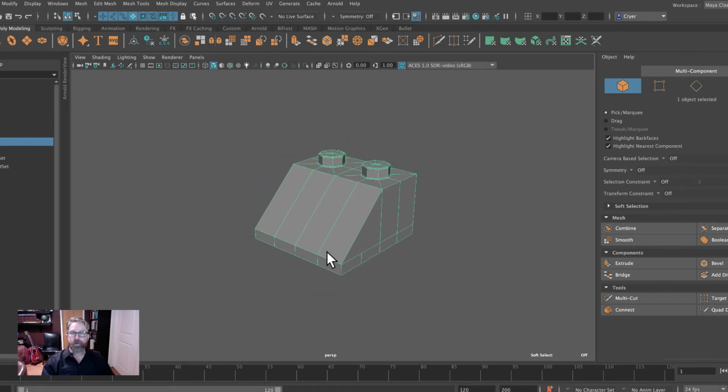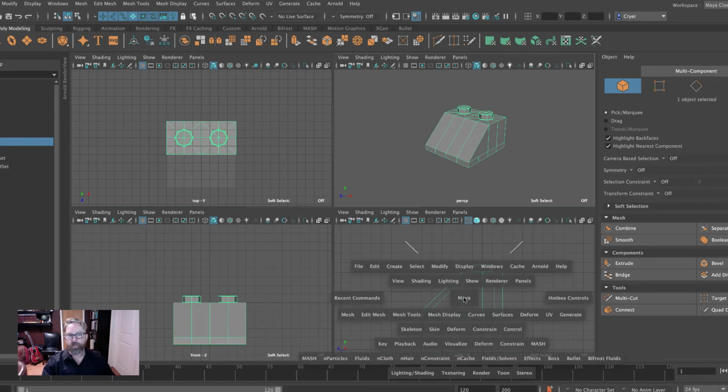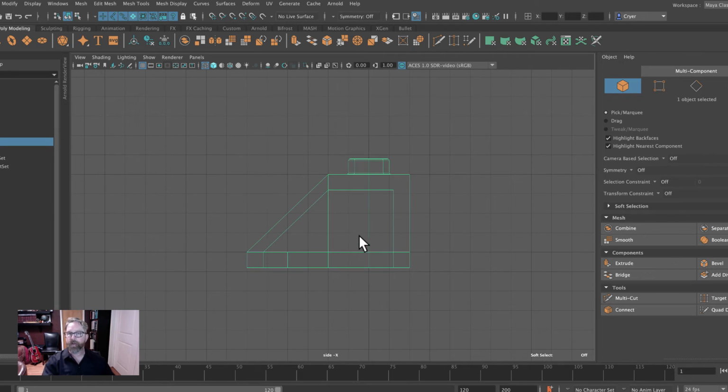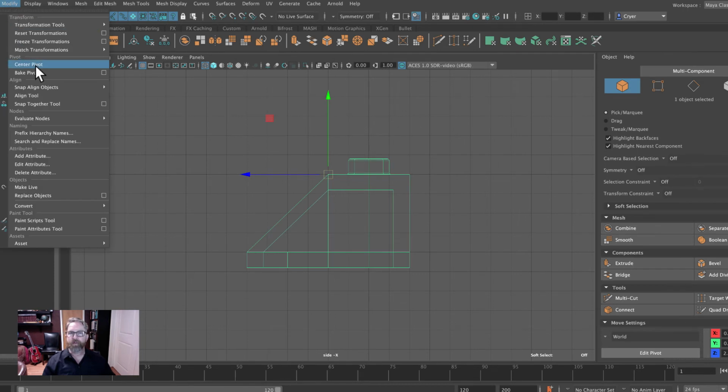Now, if you wanted to create a series of these, right, we want to export this, and we will put our pivot back at the bottom. Now, there's a little bit of a caveat here. If I select my Move tool, well, based on where I started, it is in the middle. But sometimes you'll have the pivot centered here or centered somewhere else. We can always come to Modify, Center Pivot,